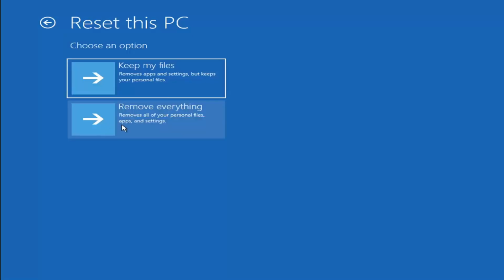So this is more of a factory reset, the second option here. The first option should not delete all of your personal files. However, it will pretty much clear most of your programs, and keep in mind,